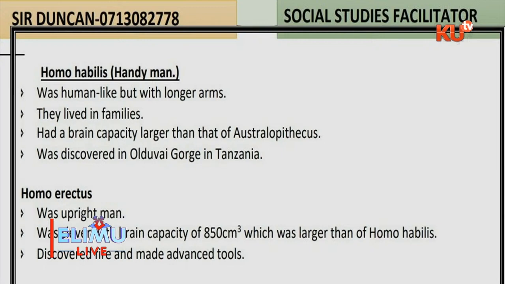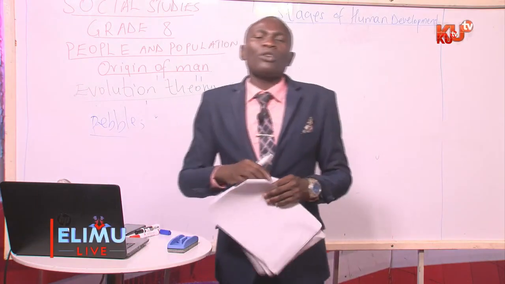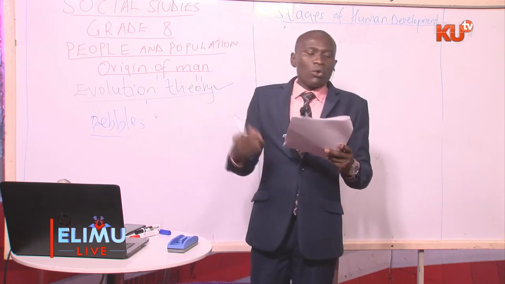Homo erectus was also one of the members or human creatures that developed. The word erectus comes from a verb, erect. Erect means to put upright. Therefore, Homo erectus was an upright man. And why do we call him upright? We have already said, because he had an upright posture and he made greater use of tools,